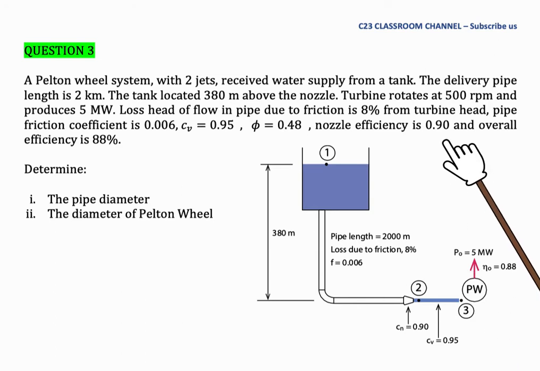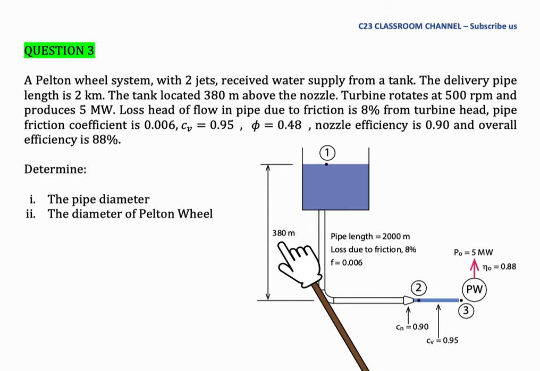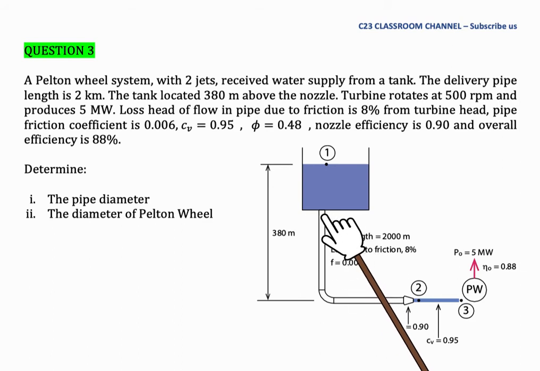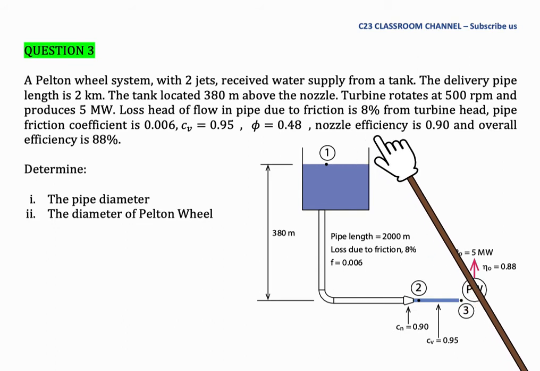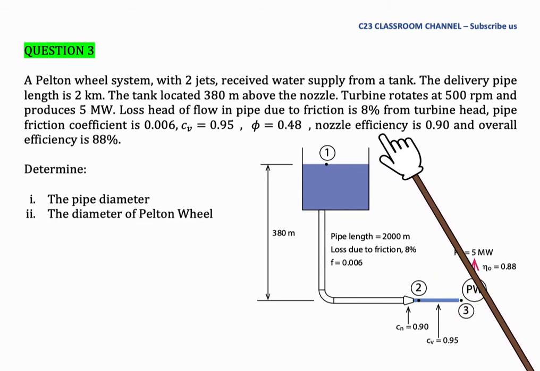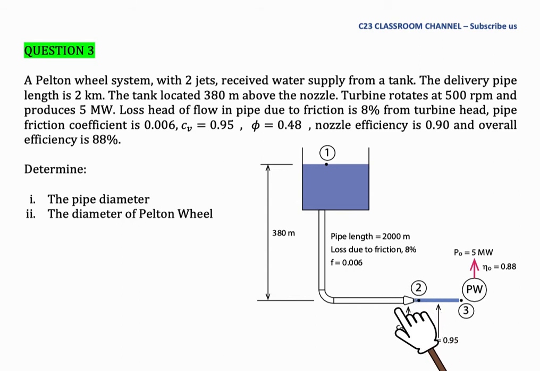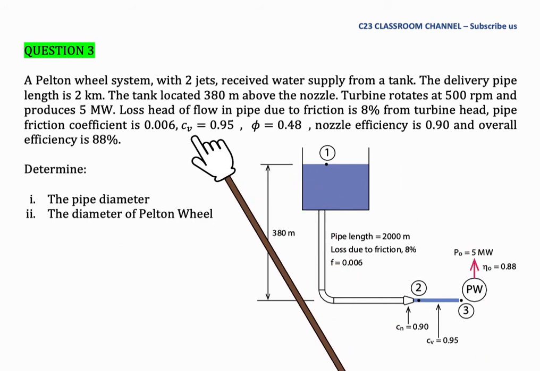From the question, we know that the water level is 380 meters, the pipe length is 2000 meters, and the Darcy friction coefficient here is 0.006. So we will use this to calculate the major loss of the pipe. This question also gives us the nozzle efficiency, which means we need to calculate the minor loss that occurs inside this nozzle. Then it gives the value of CV, the coefficient of velocity, equal to 0.95,